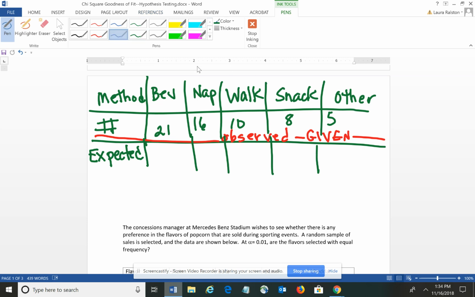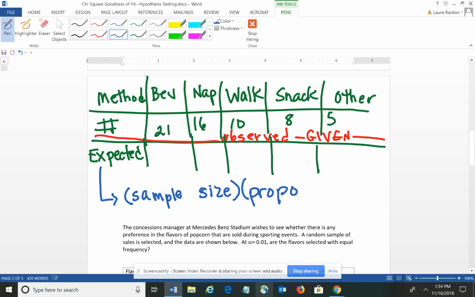The formula for calculating the expected for chi-square goodness of fit is your sample size times the proportion. And since this is equal proportion, the proportion will actually be the same across the board regardless